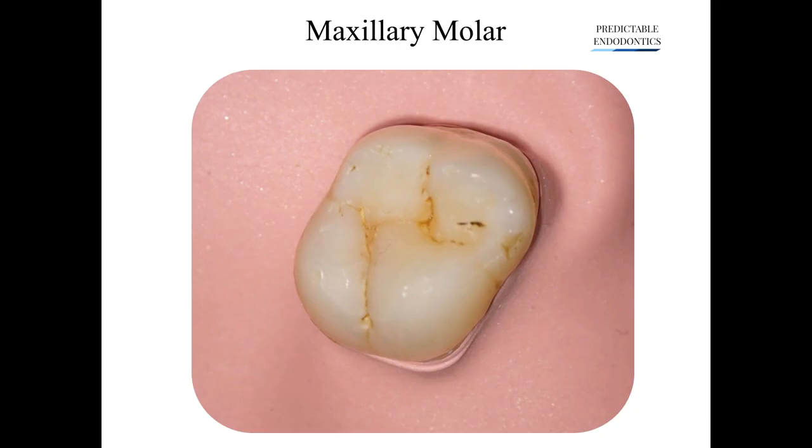Now let's move on to the maxillary molar access cavity preparation. As the stress-bearing cusp rule states, begin at the stress-bearing cusp, which is the mesiopalatal in this case. Extend the access cavity to the buccal, 2 mm short of the buccal margin. Then extend it all the way to the buccal groove, forming a triangular access outline.